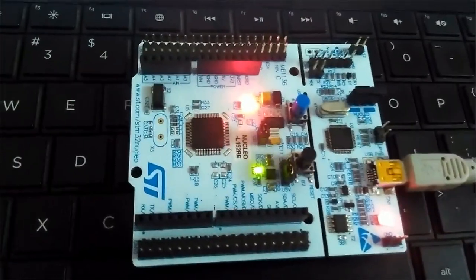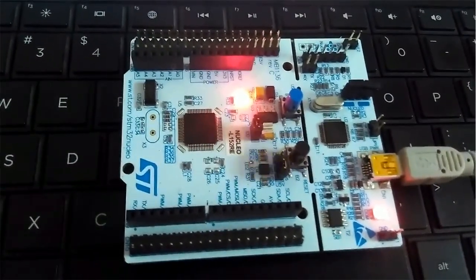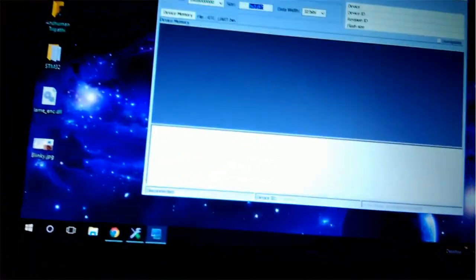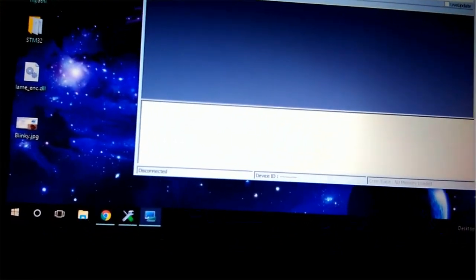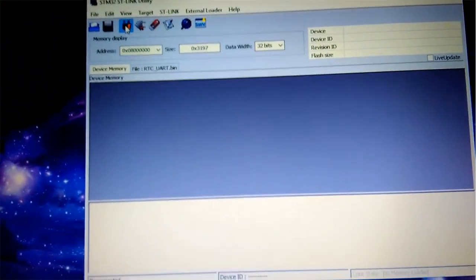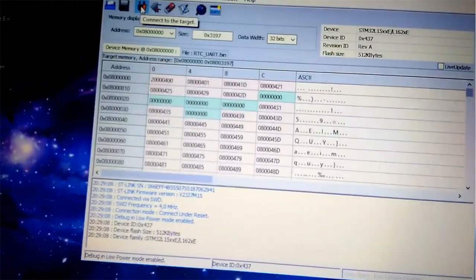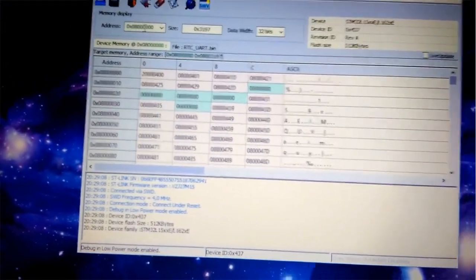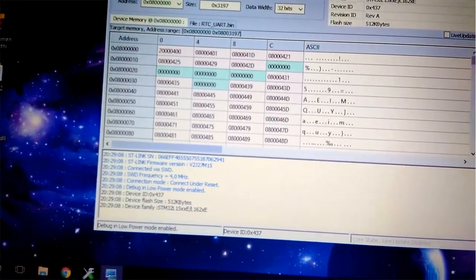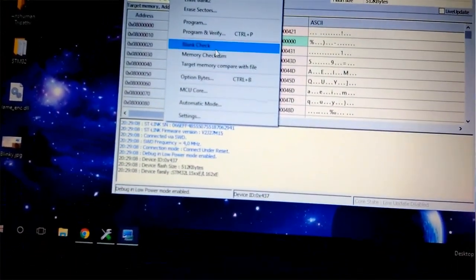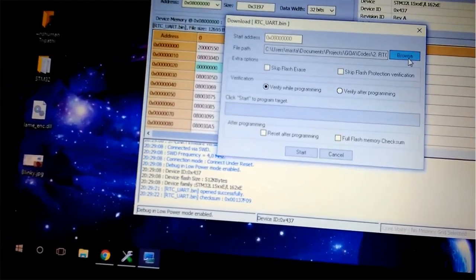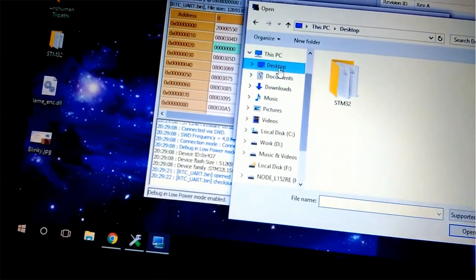Also, to upload the code, there is one more tool available, which is ST-Link. That is a very good tool. So let me open that tool, and here you can connect your device using this board. Suppose you don't want to upload the code from your embedded IDE, or you have a bin file which you directly want to upload. So you don't need to open the IDE every time. You can use this software and use program and verify, and then browse to the bin file which you have created.